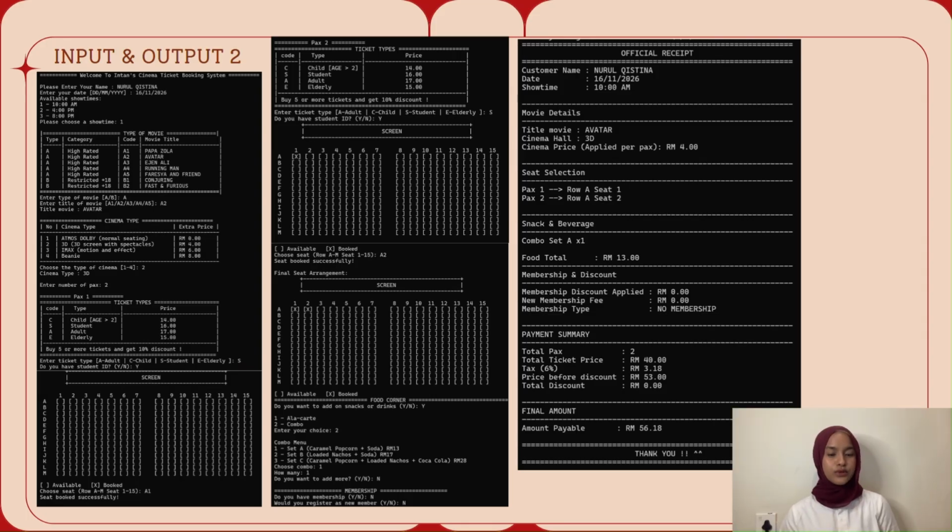We have the second input, which the user's name is Nurul Christina, and then the date is 10 November 2026, and the available show times, which is the first one, which is the 10 a.m. And then the user chose the A type of movie. The title of movie is Avatar, which is A2, and then the cinema type is the second one, which is the 3D, and it will add an extra price, which is 4 ringgit for 3D,